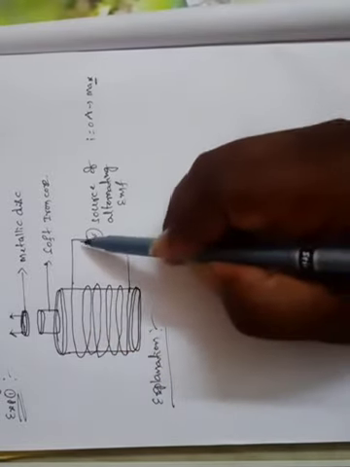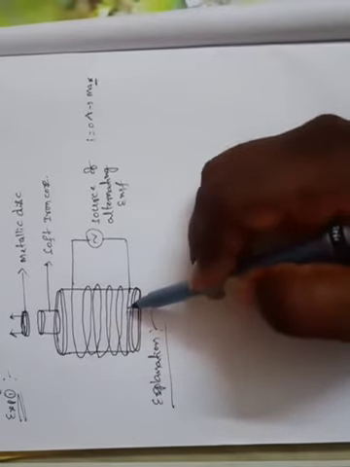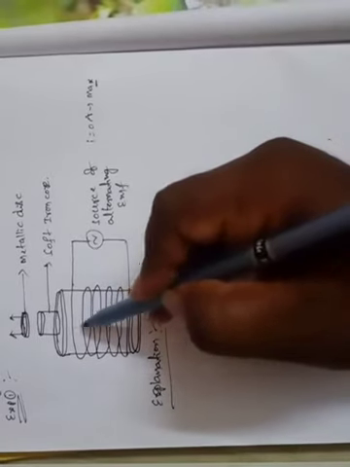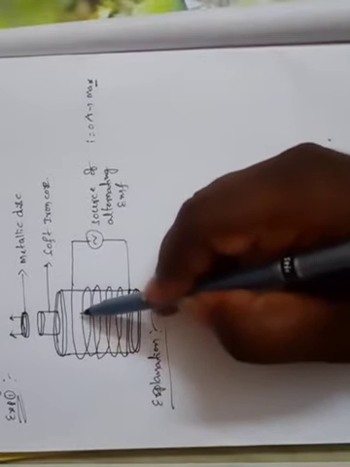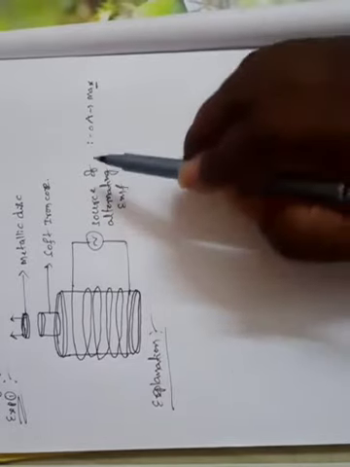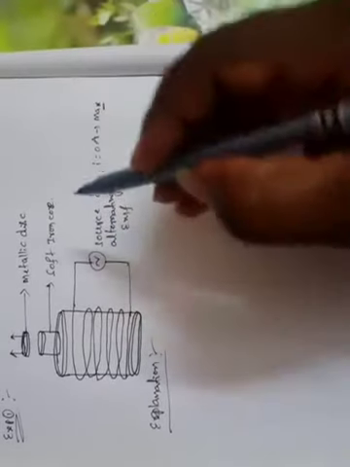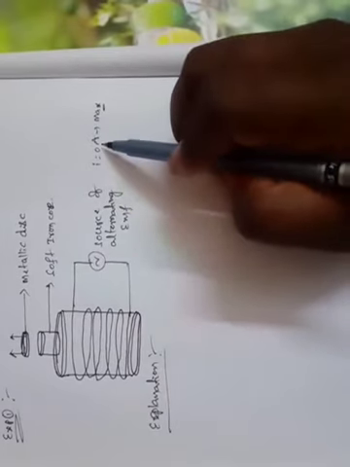So here the current starts to flow around this solenoid. The solenoid is also a conductor, so it produces its magnetic field. If the current is constant, the number of magnetic field lines produced will also be constant. Here, when the circuit is switched on, current starts to grow within a span of time, from 0 to its maximum value.